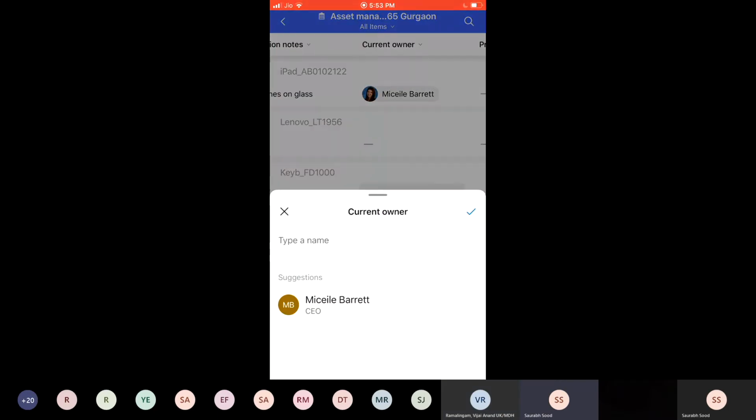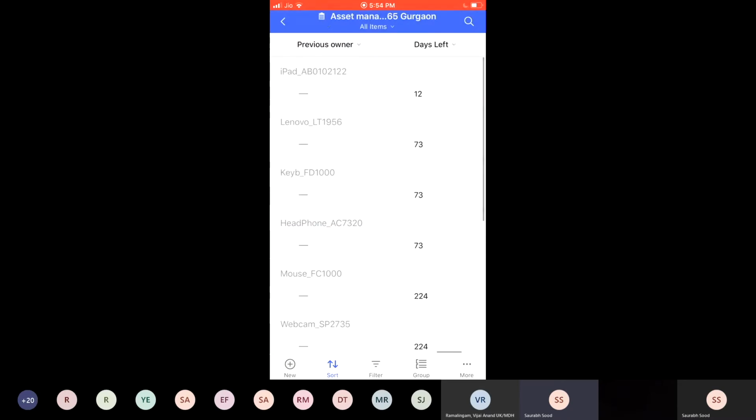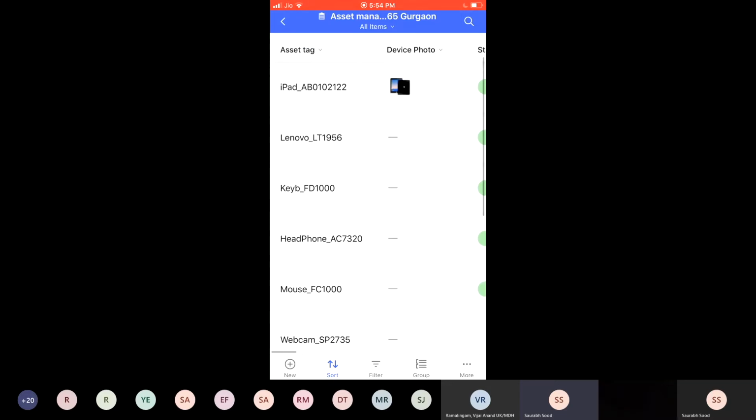And what it really brings to the table is you can definitely assign more folks. It auto-populated because I've been using it, so the suggestions are very smart. And you have the entire experience here. The other benefit is if you are updating the picture here, you can capture a photo and update. This is really in the build, so I'm not showing you the exact update process, but it's fairly easy to imagine that you can either take a photo or attach a photo from your gallery and update these lists.